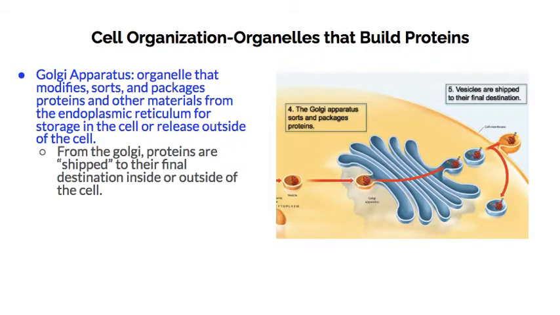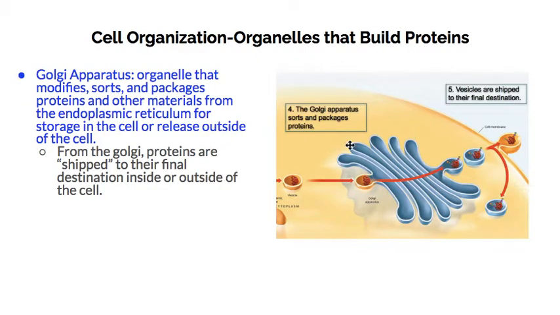So here we have our Golgi apparatus, and that's the organelle that modifies, sorts, and packages proteins and other materials from the endoplasmic reticulum for storage in the cell or release outside of the cell. From the Golgi, proteins are shipped to their final destination inside or out of the cell. So the Golgi is often called like the UPS of the cell, and then here we have steps 4 and